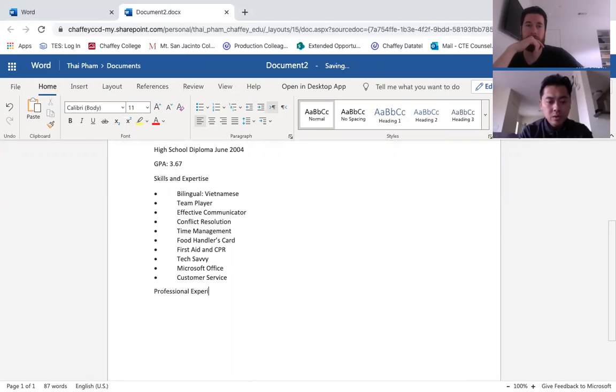So you have one of two ways of doing this here. Typically the professional experience is by listing all of your work experience, again, in reverse chronological order, so the most current to the oldest first, and putting down 1 to 3 bullet points of what you did at that job or experience that can be relatable to the employer that you're applying to.